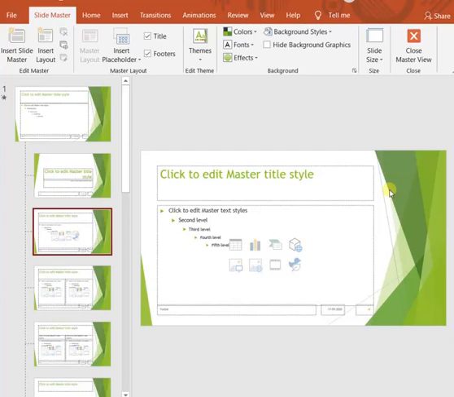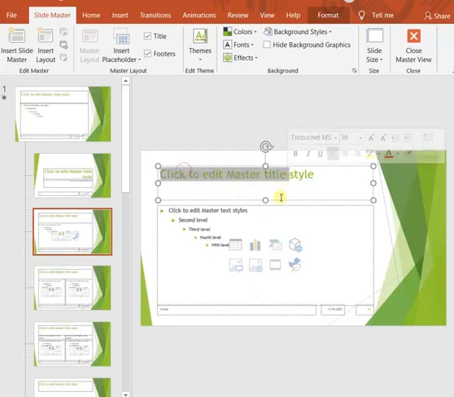We can insert pictures and other objects, change background themes, and change the font style and font size. Whatever changes I make to this layout will be applied to all the slides in our actual presentation that are using this layout. So by changing only this layout, it will apply to all the slides that use it.